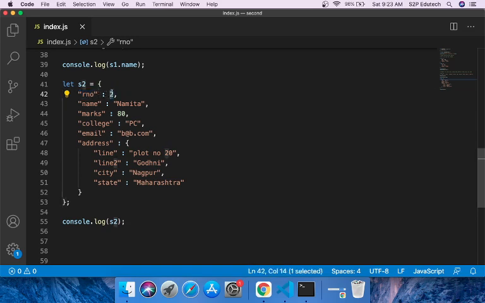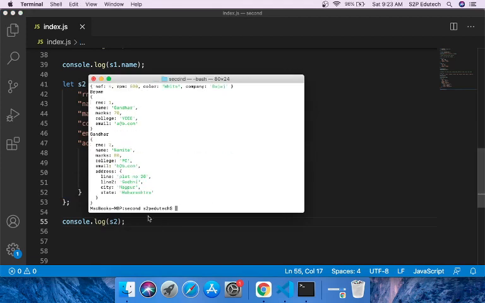The key can be a string and the value can be an integer, a string, and the value can also be another JSON. Now if I say console.log s2, it should print the required JSON. So it has printed the required JSON with this address and stuff.